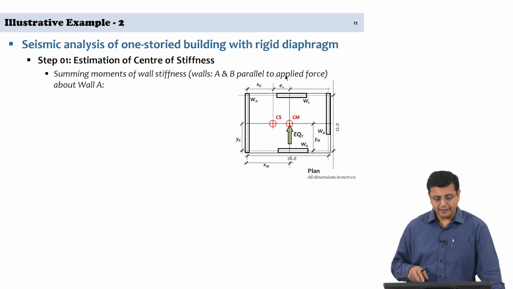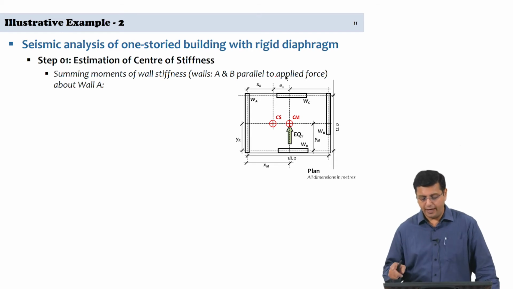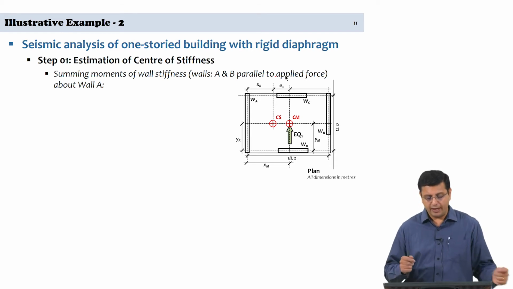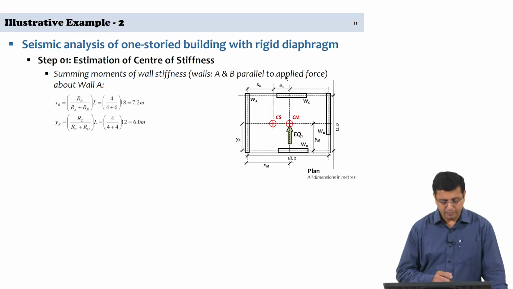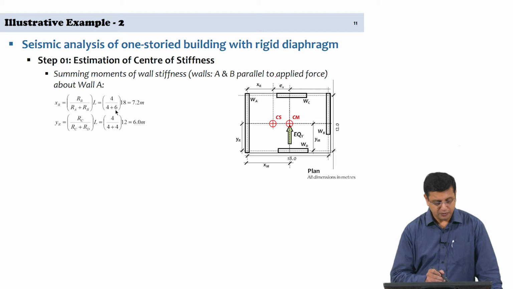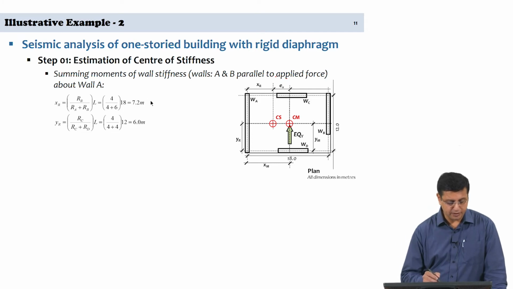You can calculate that by summing the moments of the wall stiffness, wall A and wall B, parallel to the applied force about wall A, and so I am making this estimate of xr and yr as xr is equal to Rb, that is the stiffness of wall B, divided by Ra plus Rb and multiplied by L. So, Rb was 4, Ra was 6, and so 4 divided by 4 plus 6, we get an estimate of what xr should be, and then